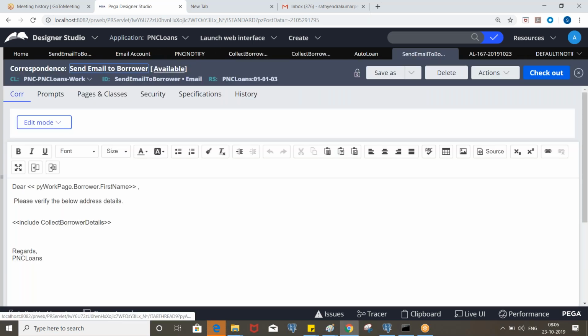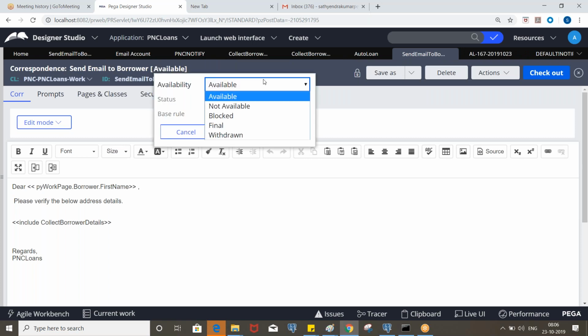Mostly we make it not available if the rule is not needed. And sometimes final, if you do not want other developers to save as into a different rule set, you can make it final and withdrawn.